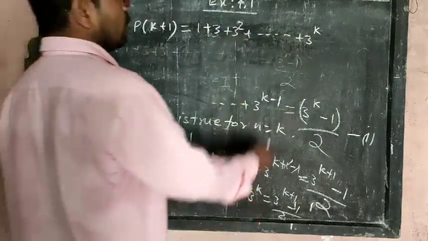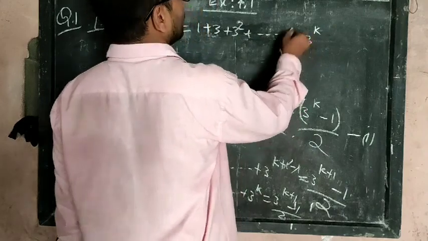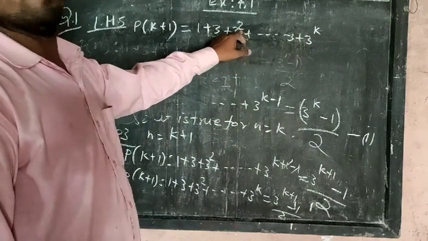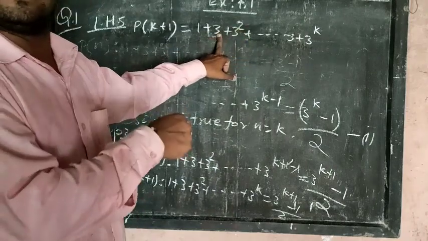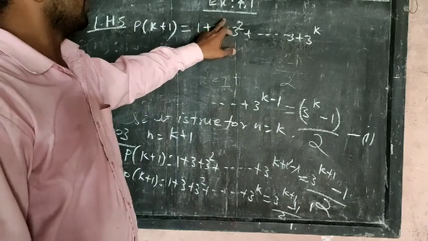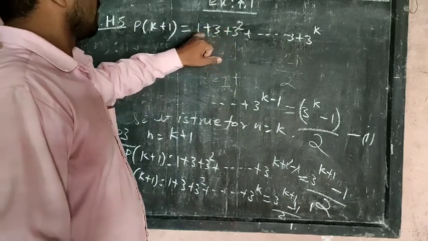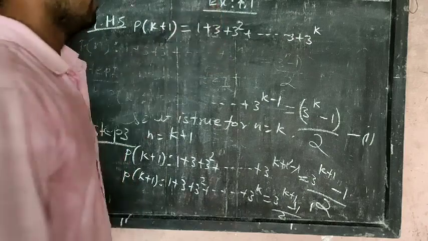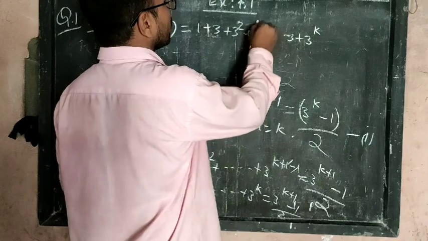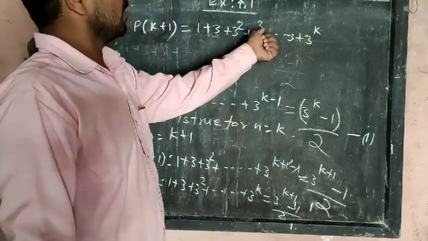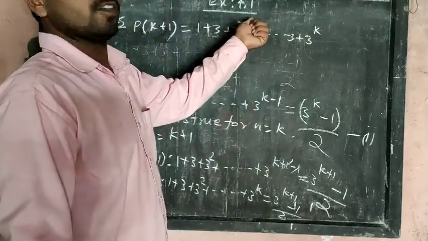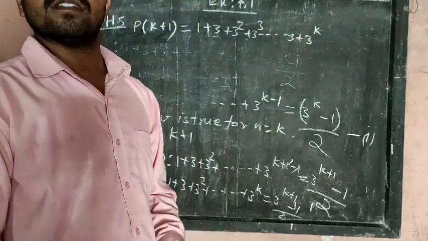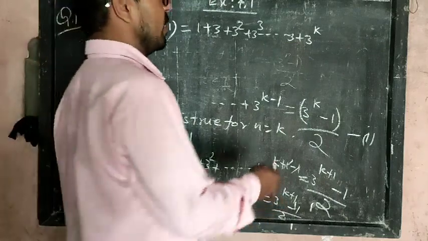Now we want to find out, before this term 3 to the power something, how much we will get. Suppose we have got 2; subtract 1, we get the term preceding it, that means 3 to the power 1. And if you want to find the term before that, that means 3 to the power 0, that value is 1. In the same way, you can add on 3 to the power 3 also. If you are getting 3 to the power 3, its preceding term is 3 to the power 2. So what will you get as the preceding term of 3 to the power k? 3 to the power k minus 1.